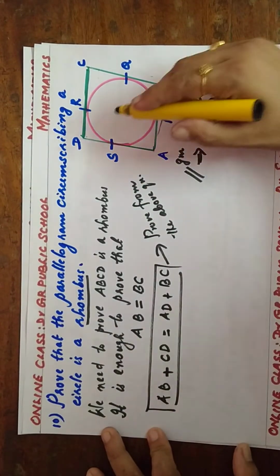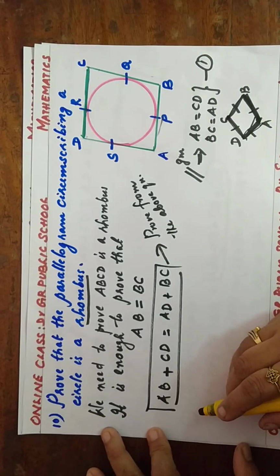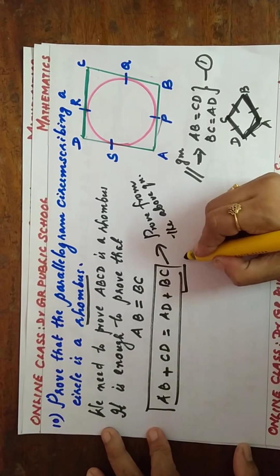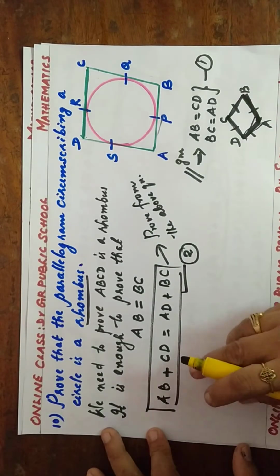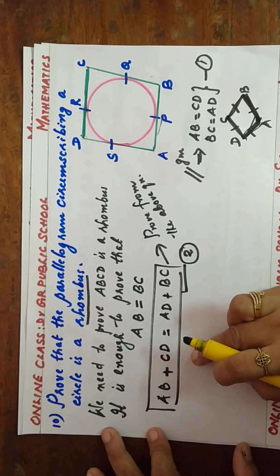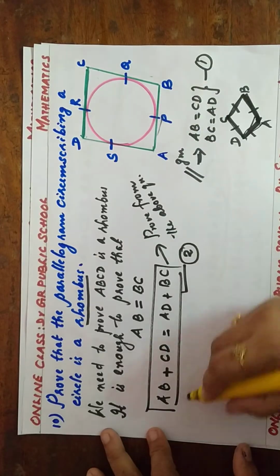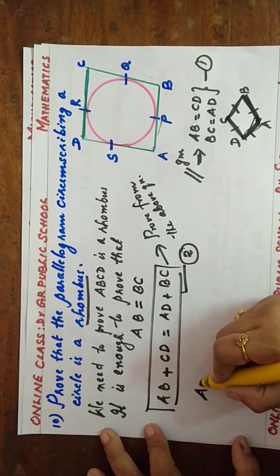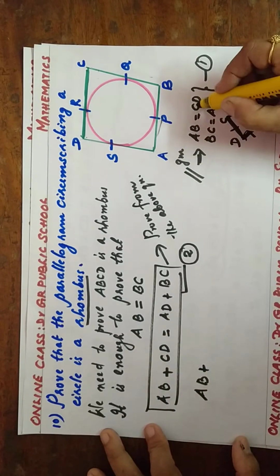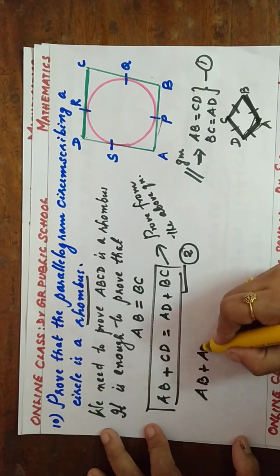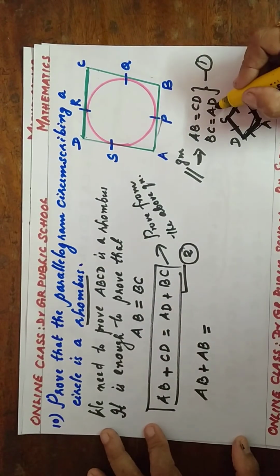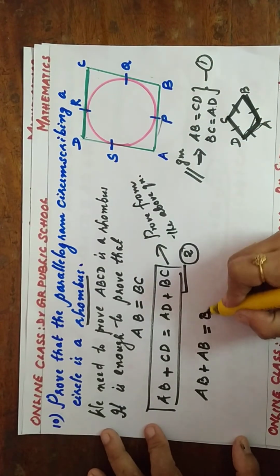You know that ABCD is a parallelogram. Now, after this step, what do you want to do? In this step, I am going to take it as equation number 2. In this step, you can apply this result. I am going to replace CD in AB plus CD with AB, by equation 1, and replace the AD with BC.